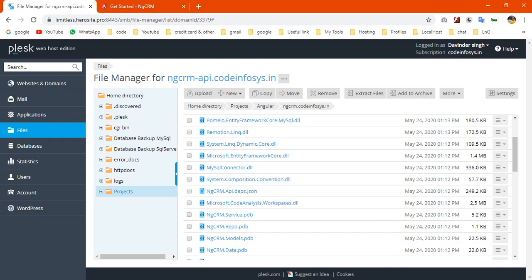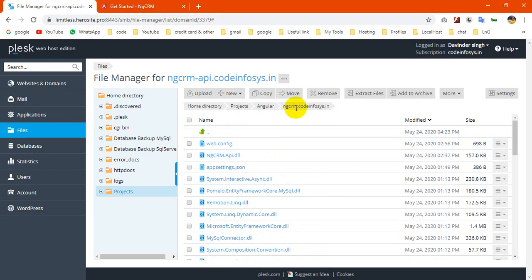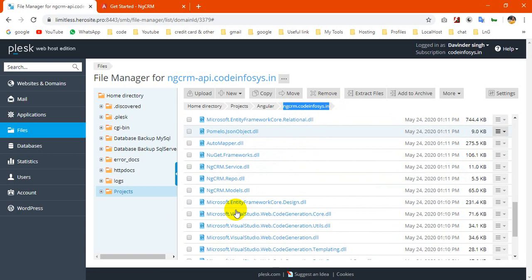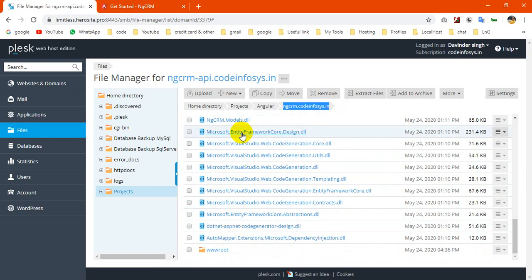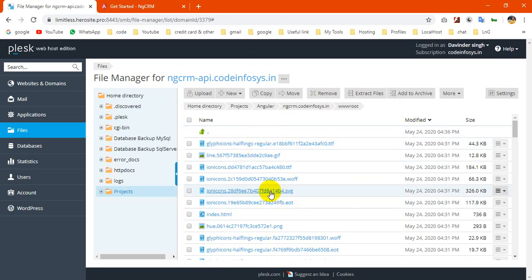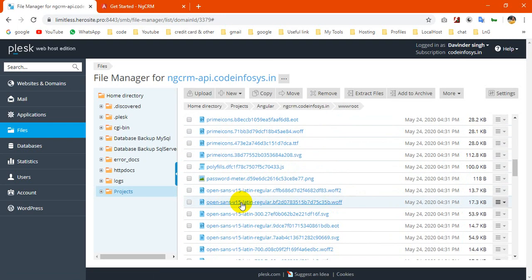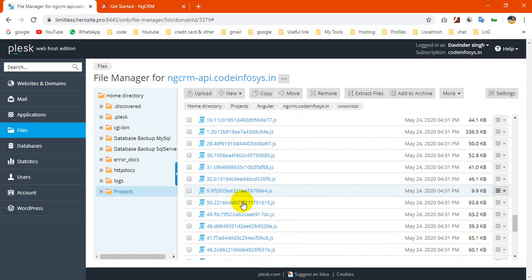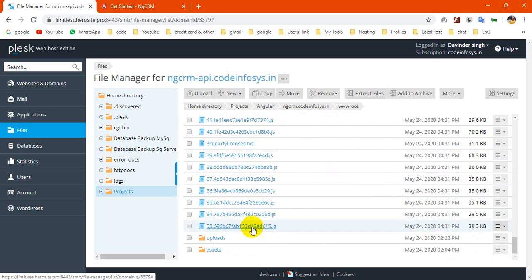I have a hosting, and I created this domain. First I pasted all my web API DLLs. After that I created a new folder, wwwroot. In the wwwroot folder I pasted everything Angular provided in the prod build.